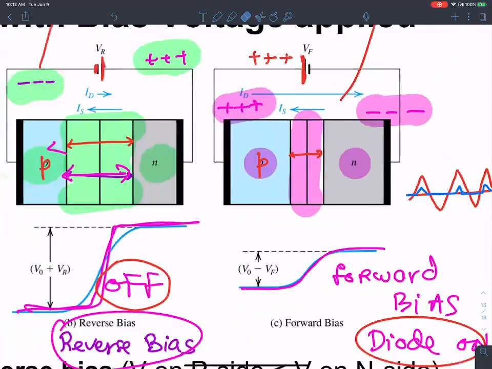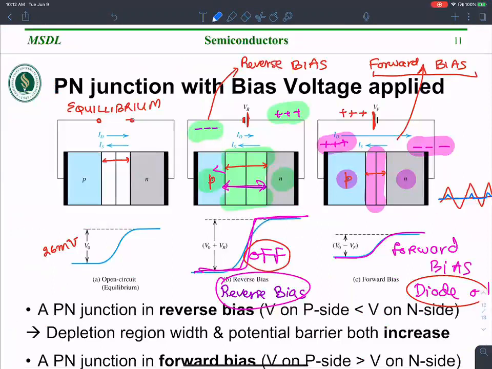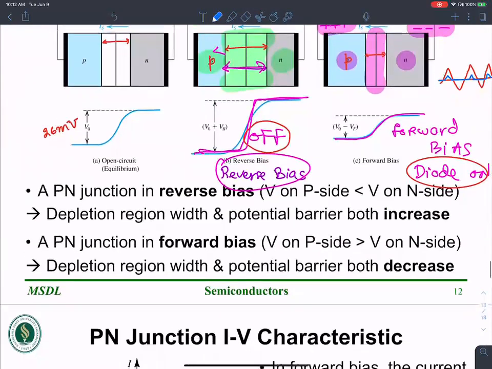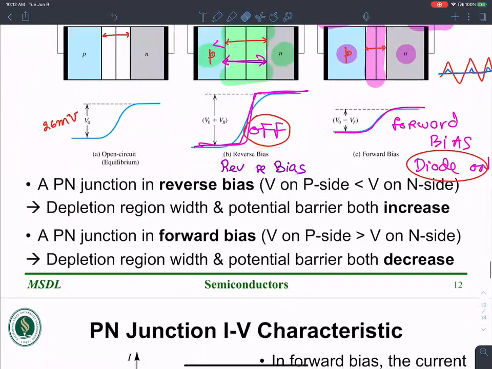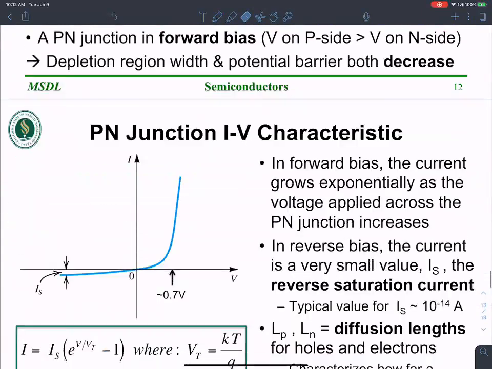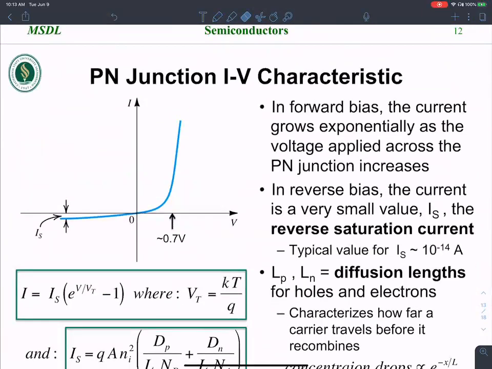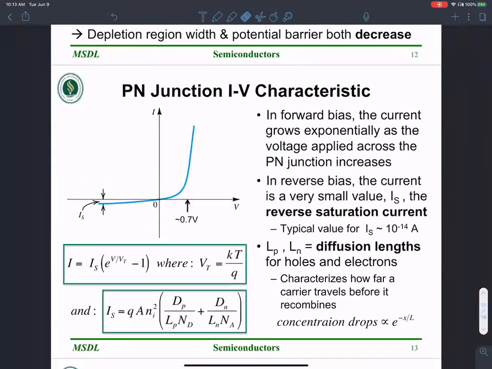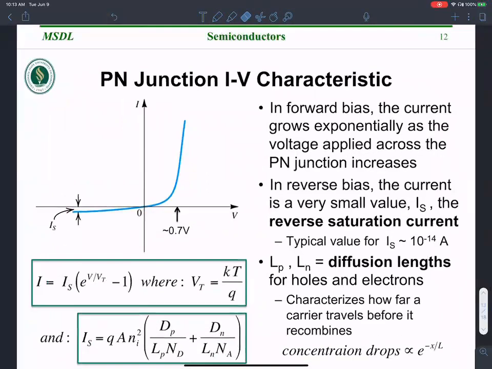Okay, so that was the idea of forward bias and reverse biased diodes. Okay, so a PN junction that is reverse biased, and a PN junction that is forward biased. Okay, then we looked at the IV characteristics, current voltage characteristics of a diode. So there is a forward bias region. So this is the forward bias region, and as you will see,